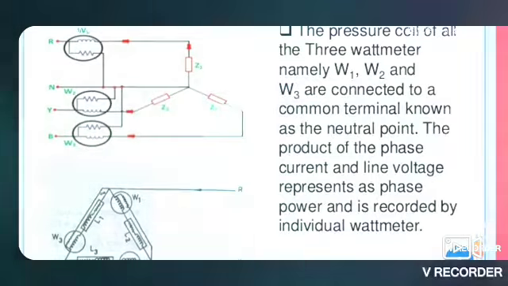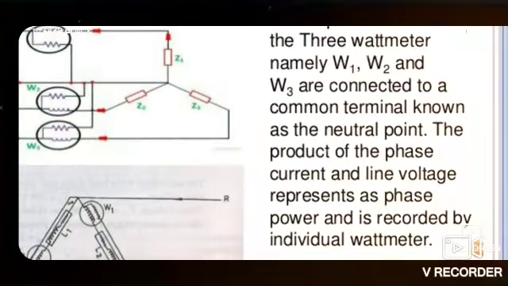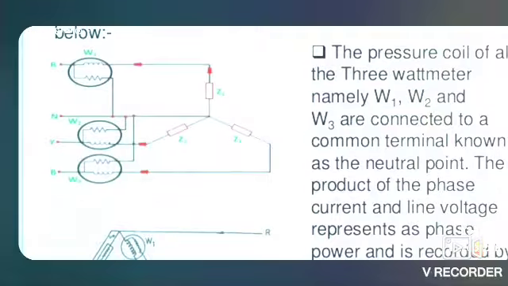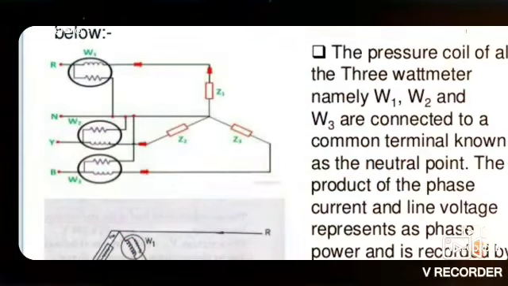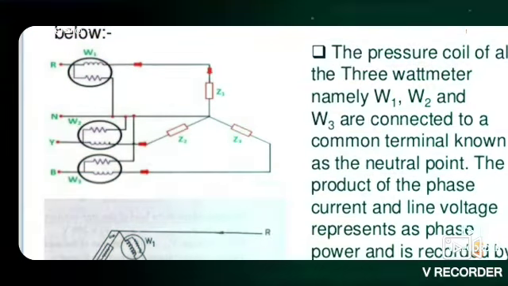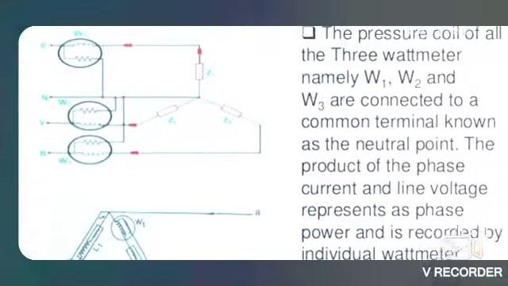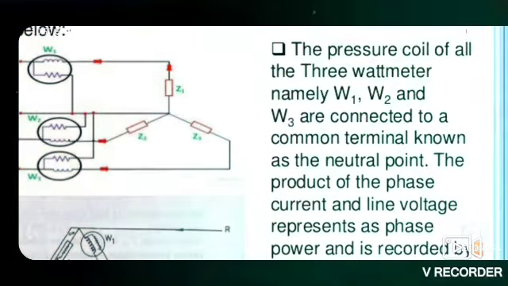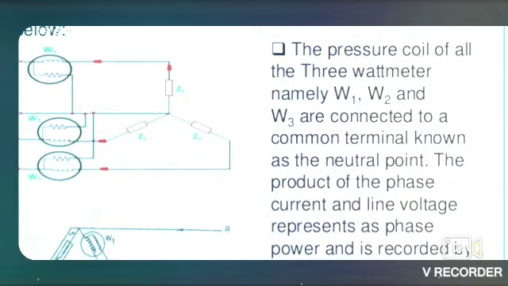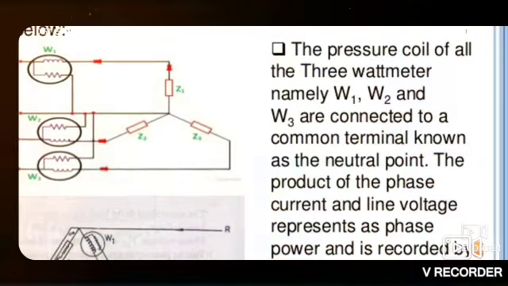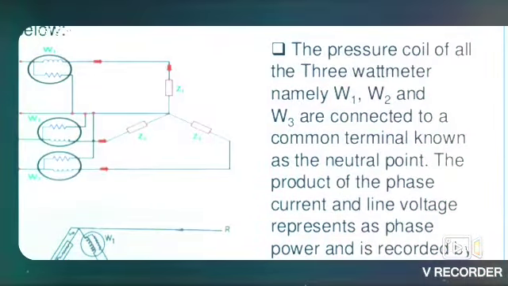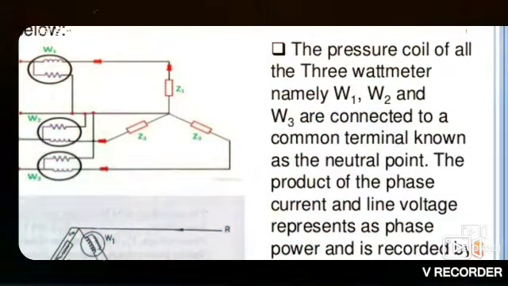There are 3 phases. See the star connected system. There are 3 phases R, Y, B and 1 neutral wire. So the neutral wire is connected with any one of the phases. So it is a star connected system in which the wattmeter is connected like this. The wattmeter has 4 terminals M, L, C, V. M is main, L is for load, C is for common and V is the voltage.